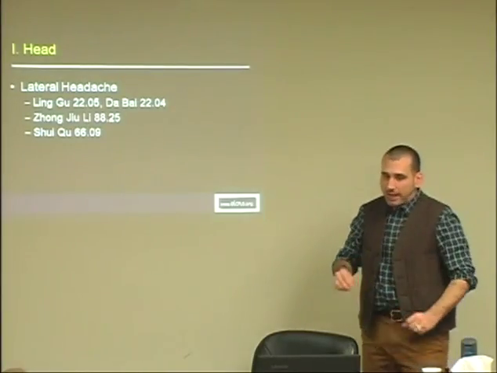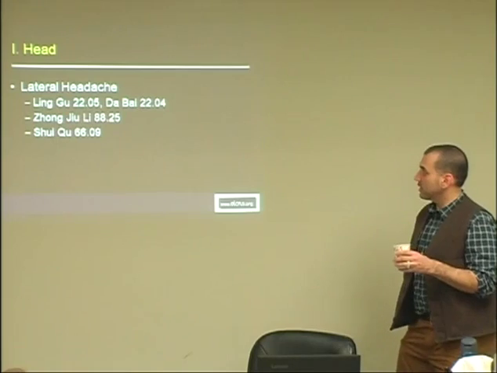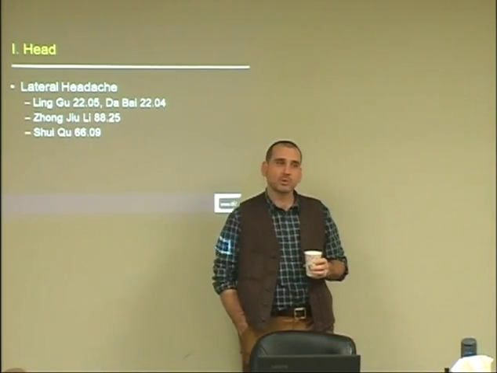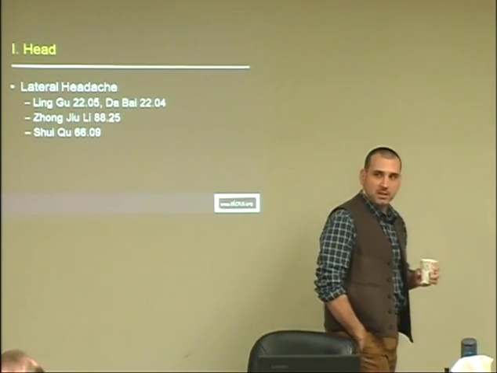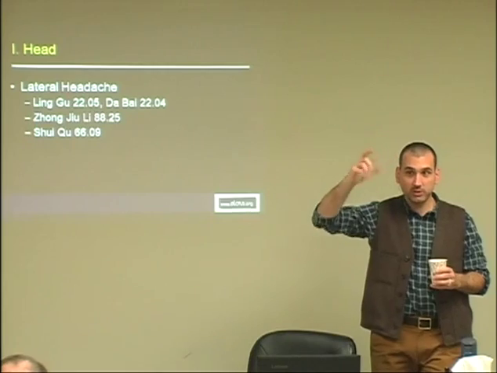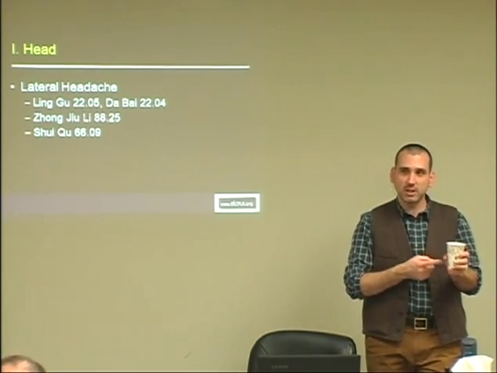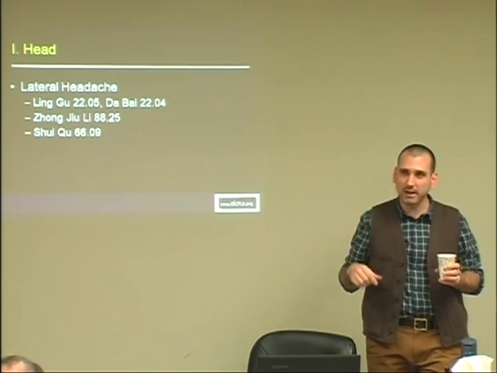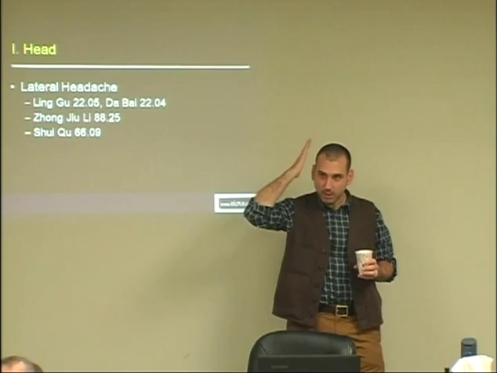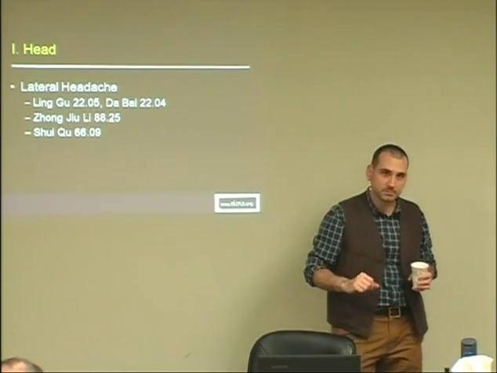Let's look at lateral headache. So we still can use Lingu and Dabai, even though, as I mentioned before, they don't have a specific affinity with the Xiaoyang. Remember that? If we look at all the channel associations, it's really hard for the large intestine and maybe lung channel to get to Sanjiao and gallbladder. And lateral headache is really looking at gallbladder headache. This is the typical migraine type of presentation.